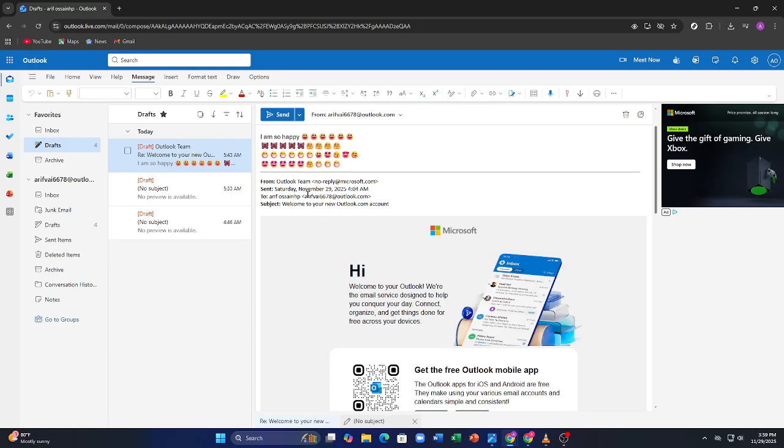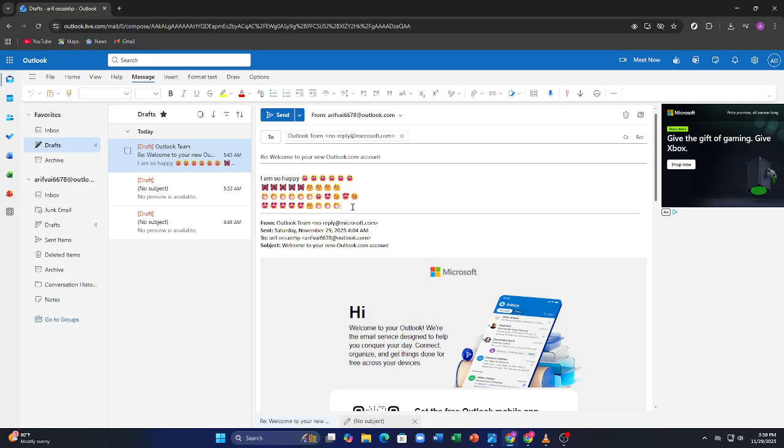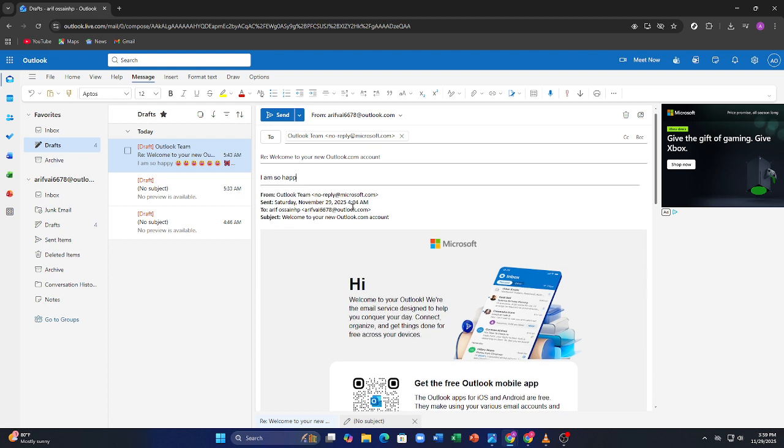To format your text more neatly, click the A with a line icon to open the full formatting menu. You can change font size, add bullet points, adjust spacing, highlight text, or create numbered lists. You can also insert images, links,